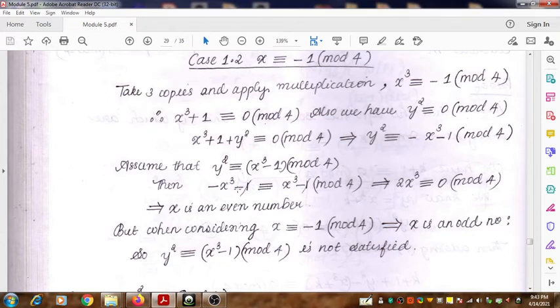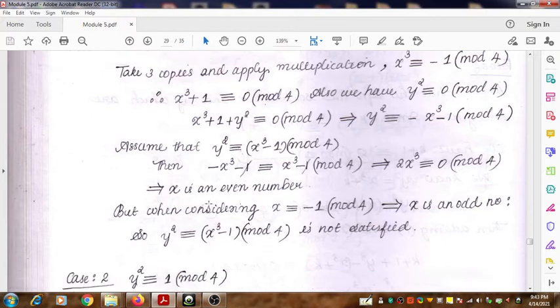Minus x cube minus 1 is congruent to the right hand side of this statement, that is x cube is congruent to x cube minus 1 mod 4. That means minus 1 can be cancelled on both sides, and you get that 2 into x cube is congruent to 0 mod 4. But that contradicts the fact that x is congruent to minus 1 mod 4. So this statement contradicts the fact that x is congruent to minus 1 mod 4, that we have